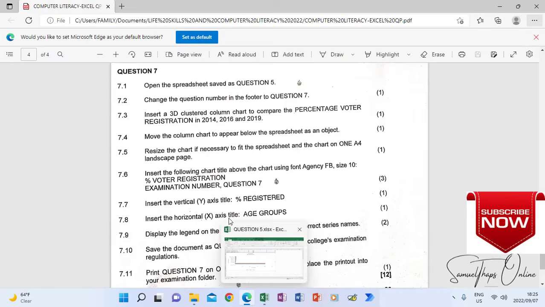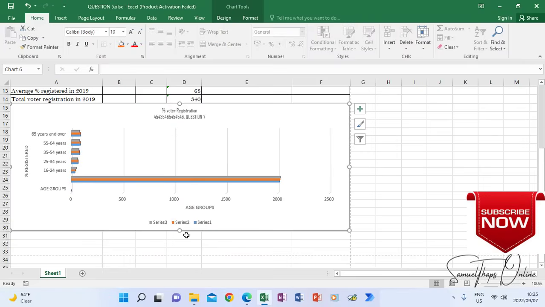So now you have to insert the display the legend on the left. So what is a legend? A legend is this, where you have the indication of the colors that are actually appearing on your graph. So we want it to be on the left. You don't do anything to it, you just go and modify your graph so that legend can be on the